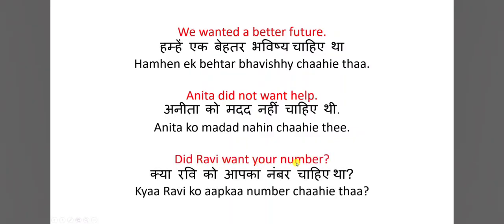Did Ravi want your number? क्या रवि को आपका नंबर चाहिए था? रवि को is रवि, आपका is your, number is number, चाहिए is want, था is used because number is masculine in Hindi and it is singular. Okay,